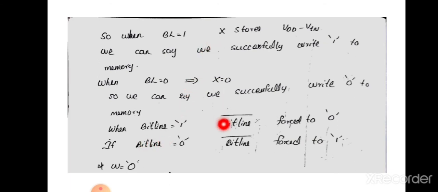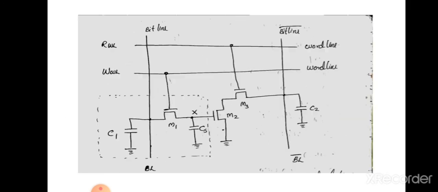After all these operations of writing, we can set word line to 0, the word line corresponding to write. Let us have a brief. For writing, W should be 1, so this will be on, and read should be off, so these two will be off.